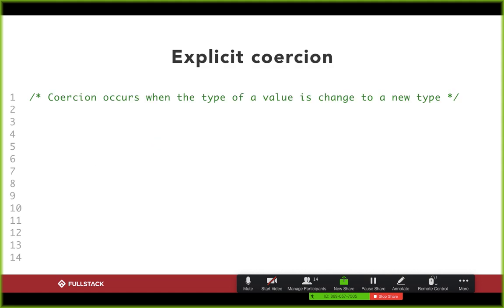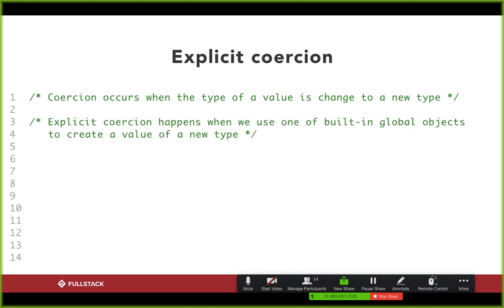So this kind of brings us to the first major topic of today, which is around the idea of coercion. Coercion is just a fancy way of saying change type, right? And the one that we'll start with, it's not really a type of coercion, it's just kind of a naming that we do to differentiate it from the next slide. But explicit coercion, as the name indicates, means it's an explicit change of type, or a very clear change of